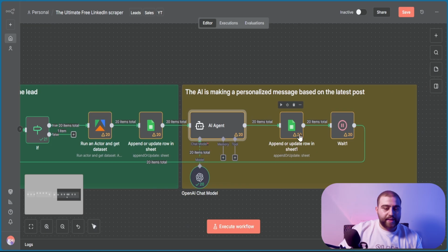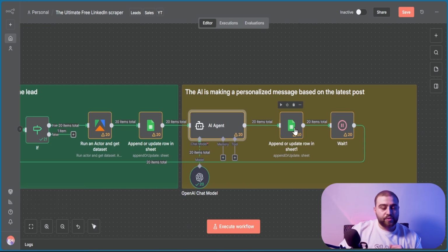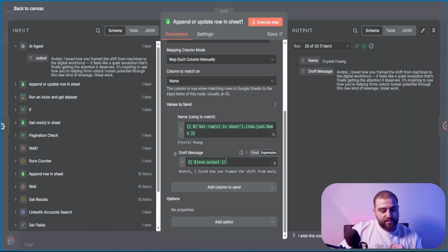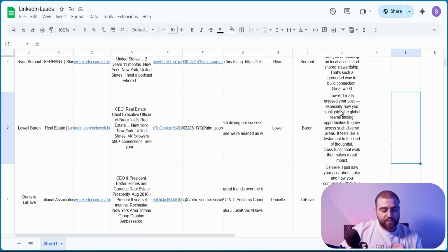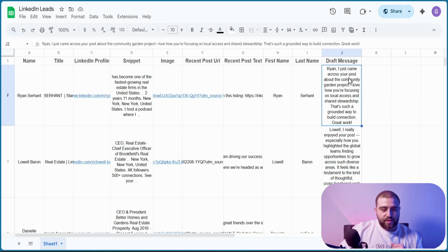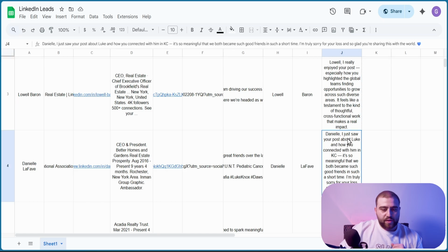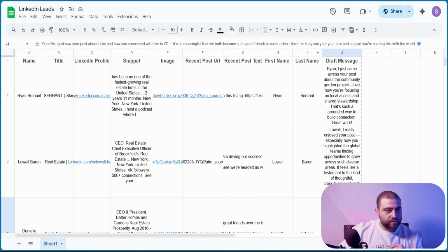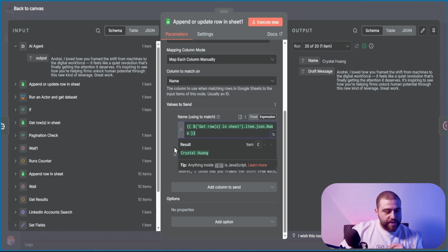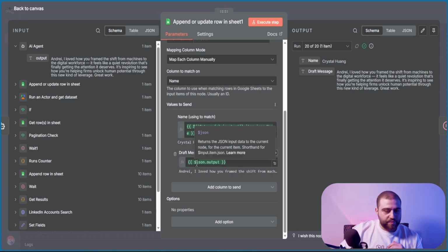Now the next node, append or update row in a sheet, is going to update just the draft message column. You can see here it has all the messages. "I just came across your post. I really enjoyed your post, especially I just saw your post about Luke and how you connected with him." Very good. So it's going to map it with the name of the row or of the lead